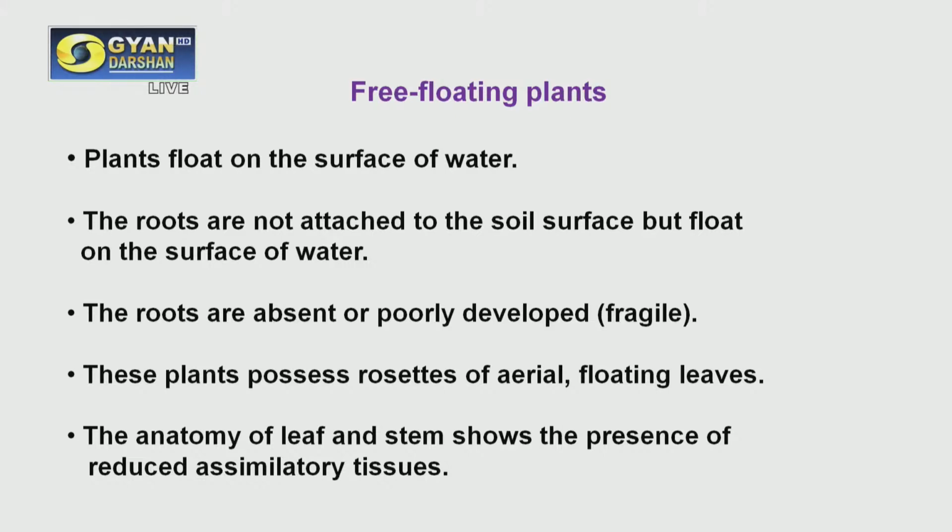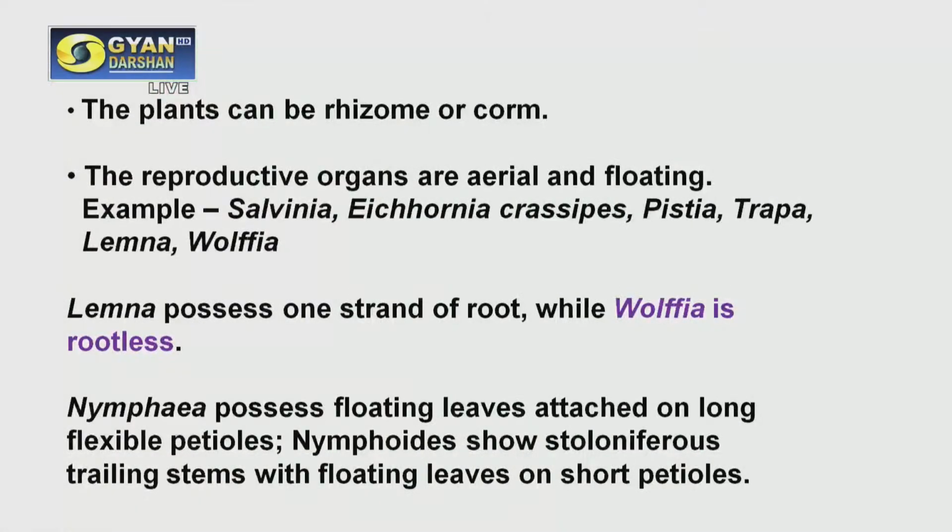The anatomy of leaf and stem shows the presence of reduced assimilatory tissues. So the main feature is that these type of plants are freely floating, and in most of the cases they have floating leaves. So they are called the free floating hydrophytes. The reproductive organs are also aerial and floating. Some of the examples are given: Salvinia,